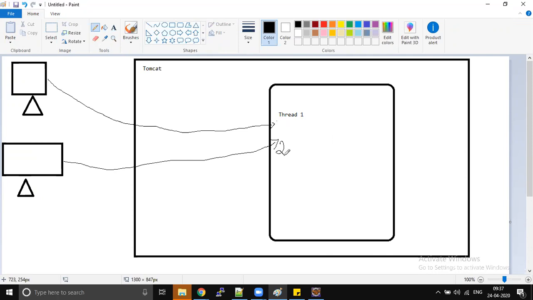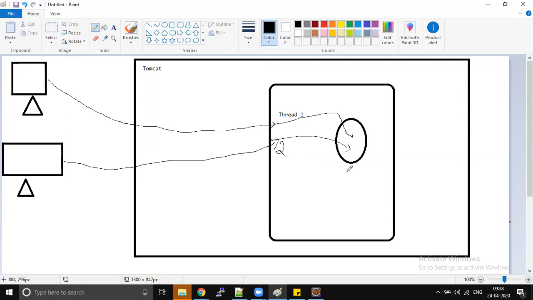Whenever you are working with threads, you have to be very, very careful because threads are going to be operated on objects. The instance or the static data can be shared across these threads. So if you write instance variables or static variables, whatever variables you are writing as static or instance, the data can be shared across the threads.